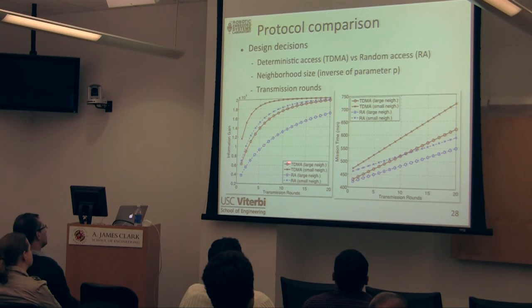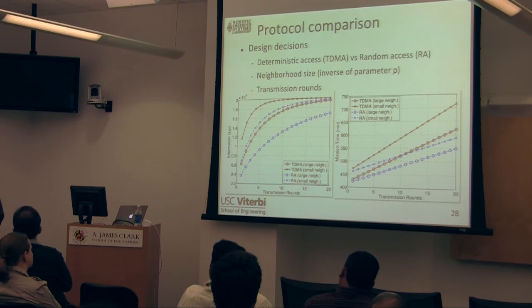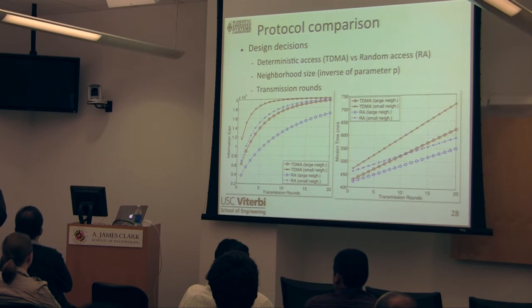And you can see that if you're running TDMA with large neighborhoods, you get the middle one here, whereas TDMA with small neighborhoods, you get this. So the question that was asked earlier is, how big are these neighborhoods relative to what you're doing? If you know that, and in our problem, that's something that's known in advance, then our hope is to convince our acoustic comms colleagues to change the modulation based on some of these numbers. So we have some design curves now. So we have some ROC curves